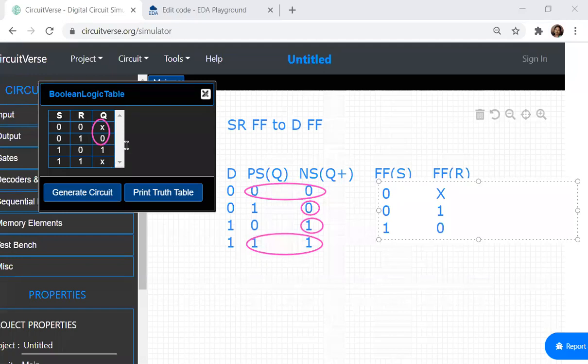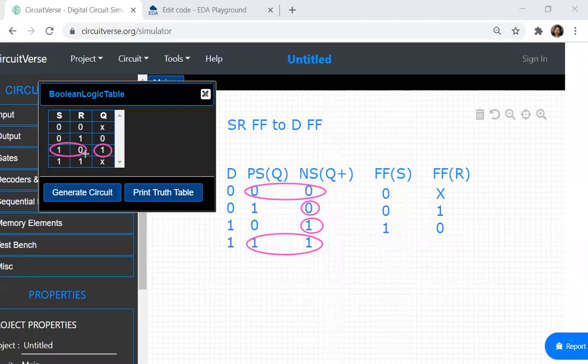Okay. So now again, when will I get a 1 and 1? Now here if you can see, here there is a combination of 1 over here. I have a 1 over here. So this is my 1. For this combination, what is my S and R value? S and R value is 1 and 0.